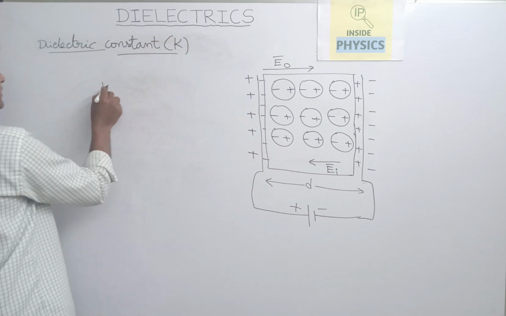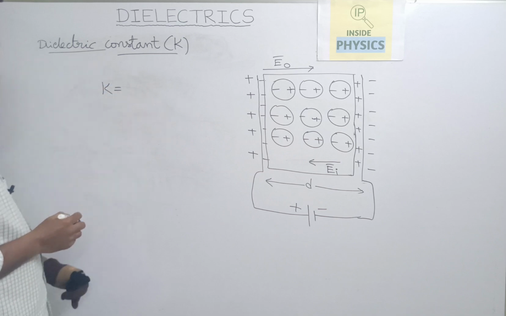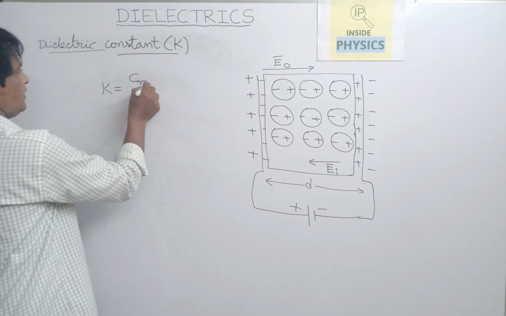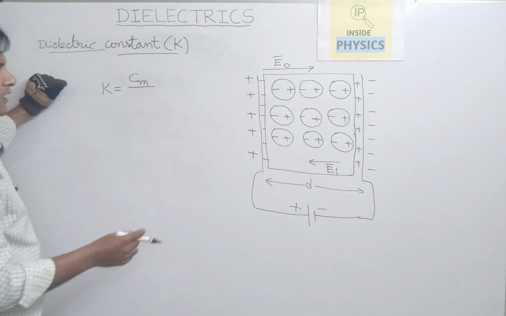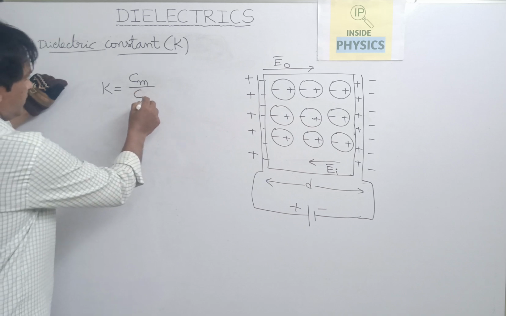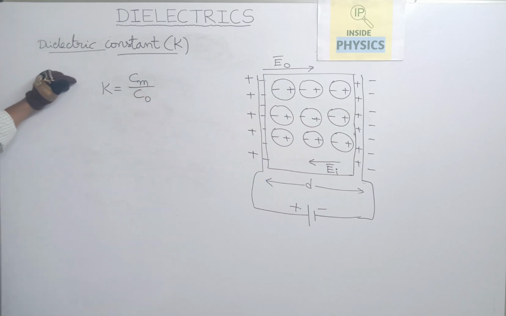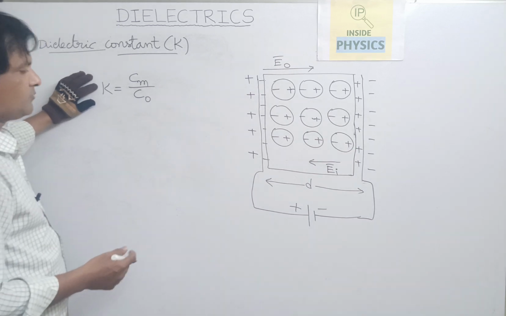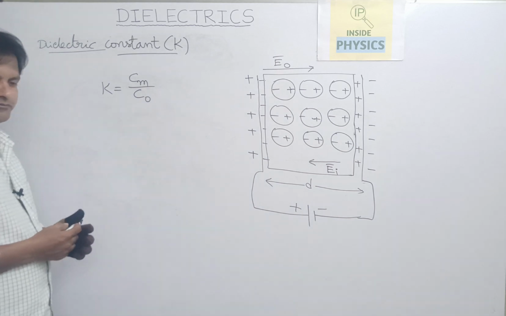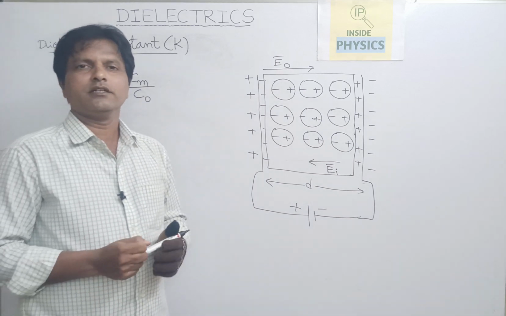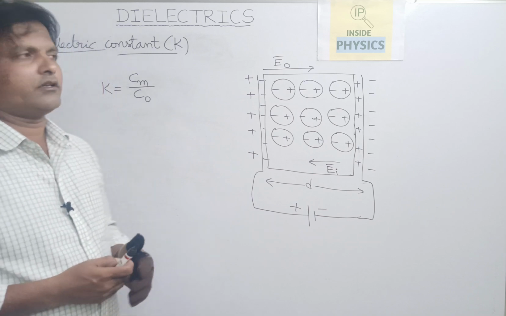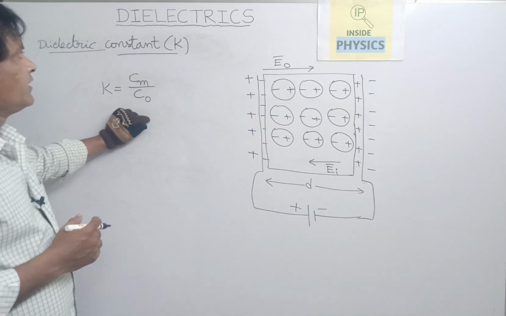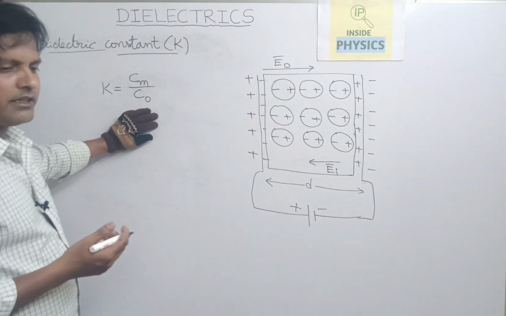So, dielectric constant K is the ratio of the capacitance with a medium of a parallel plate capacitor and capacitance without a medium. That means the medium may be air or vacuum. This is a ratio. So, this dielectric constant actually sets the material whether it can be used as an application oriented dielectric or not. Usually we require the low dielectric constant materials, and if we want the dielectric heating, we